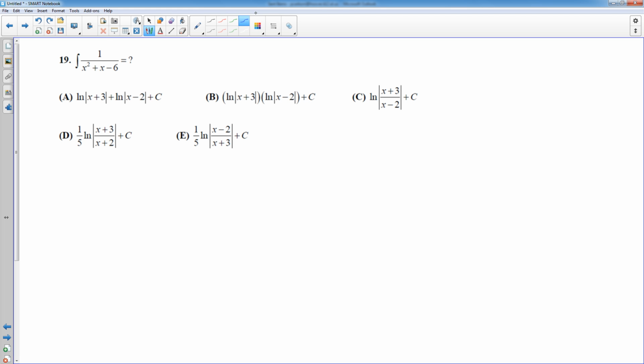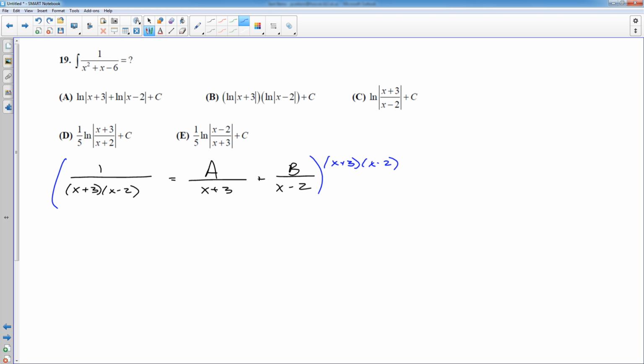Fraction, look, see if the top is a derivative of the bottom. It is not. So I'm going to factor this. This looks like a partial fraction problem. My denominator will factor to x plus 3, x minus 2. That's going to equal a over x plus 3 plus b over x minus 2, multiply the whole thing by the common denominator, x plus 3, x minus 2, which would